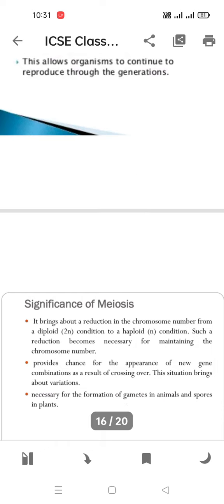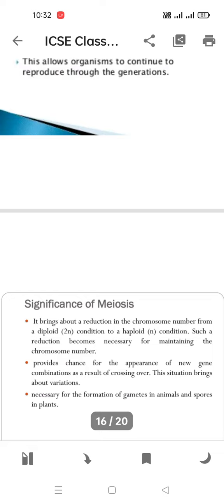Now next is meiosis का significance. Meiosis का significance क्या कहता है? It brings about reduction. ये reduction लाता है chromosomes के numbers में, means diploid से only haploid condition में रह जाता है, 2n से only n में, means reduction हो गया। क्योंकि इसमें रिडक्शन हो रहा है तो क्रोमोसोम्स के नंबर को मेंटेन रखना भी बहुत ज़्यादा इम्पॉर्टेंट है।